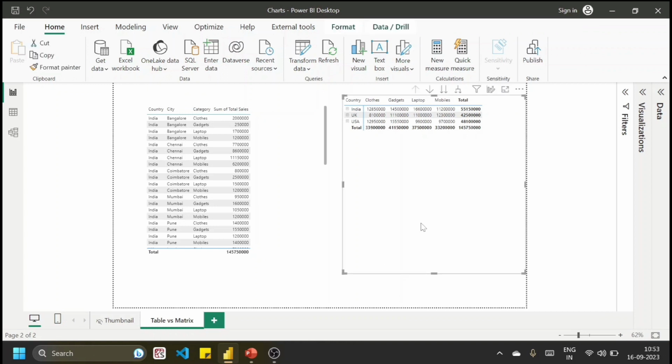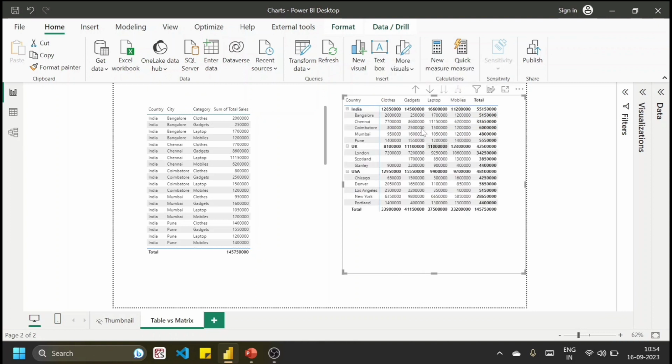For instance, if the user wants to know the sales of laptop across multiple countries or cities, in that case they can simply see this much sales happened in the laptop category, and they can compare the sales with other categories as well, and they can compare the sales of India with the sales of USA. Now if I want to do the drill down operation,